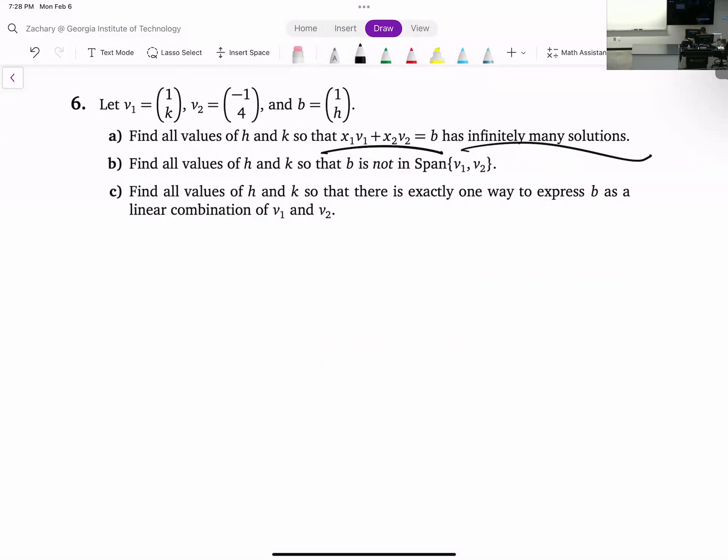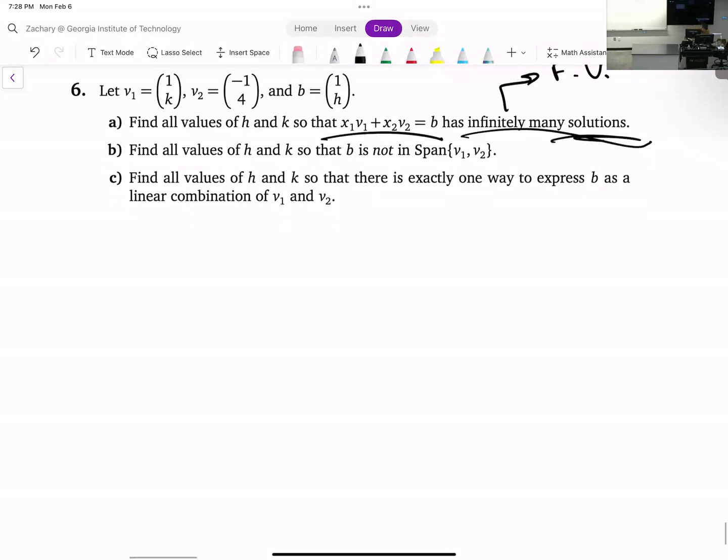Means a free variable, exactly, okay? What else does it mean? In terms of consistency, what does it mean? It's consistent because there is a solution, okay? So looking at this,